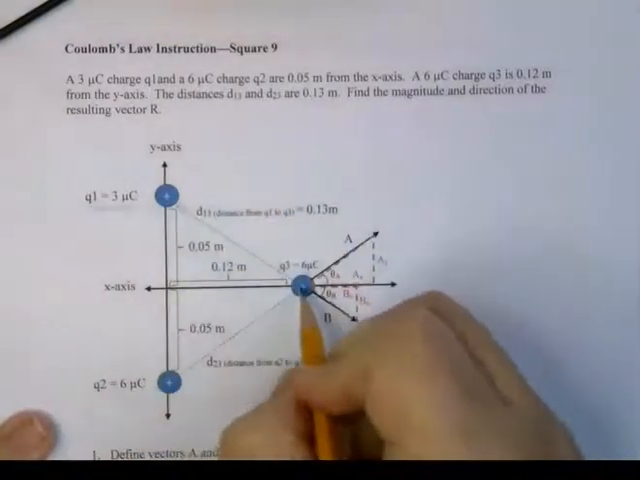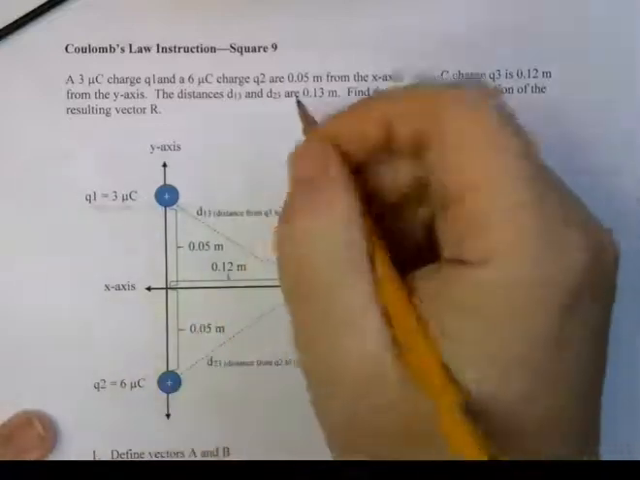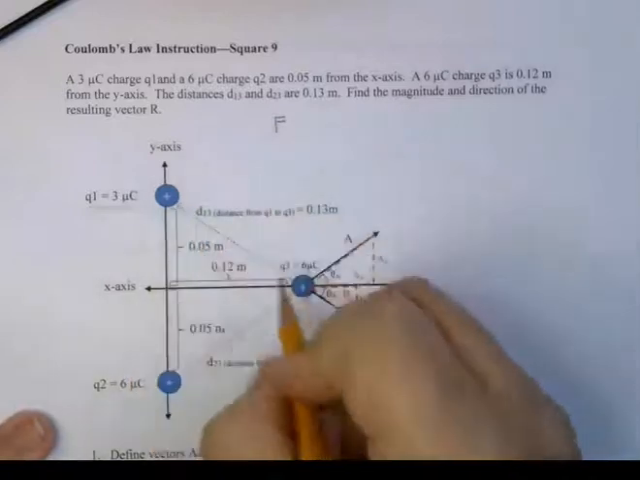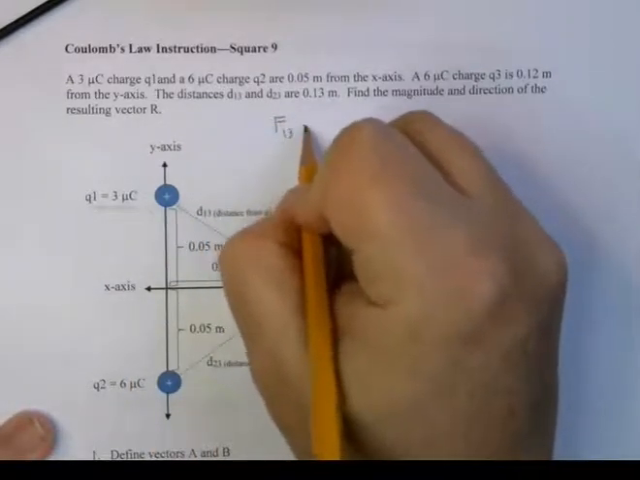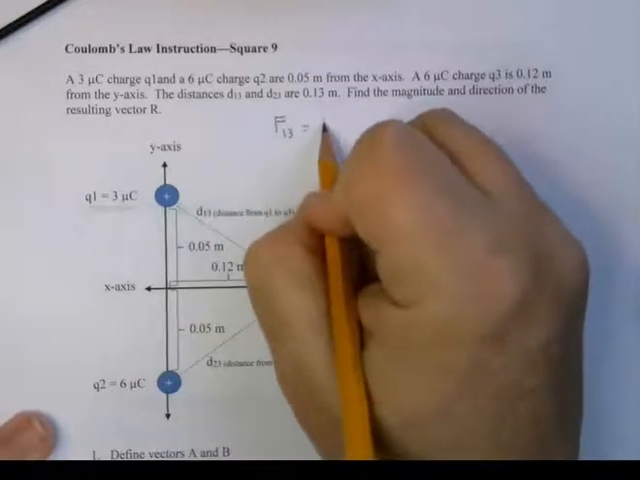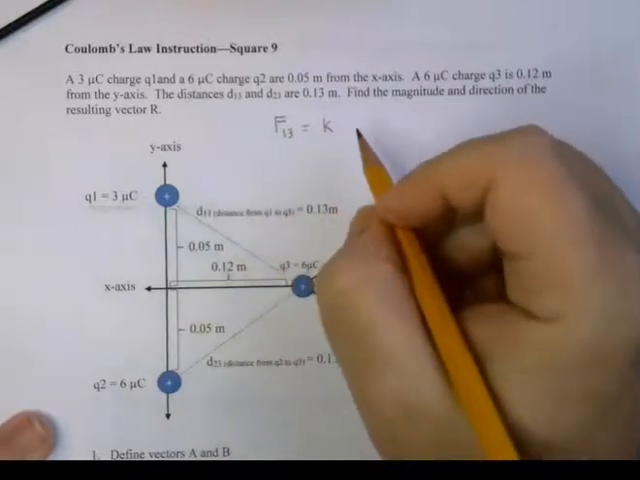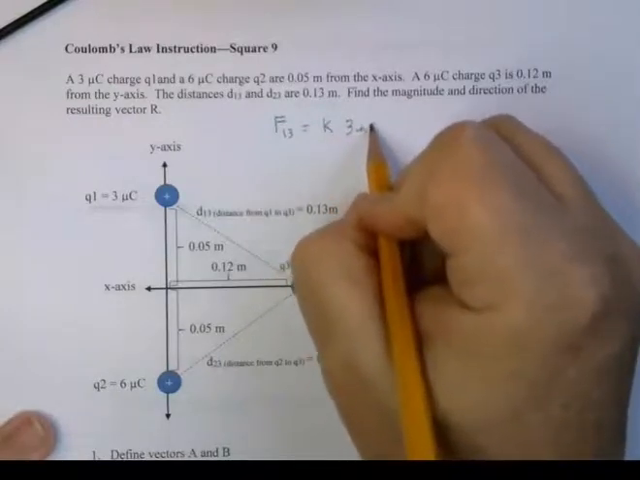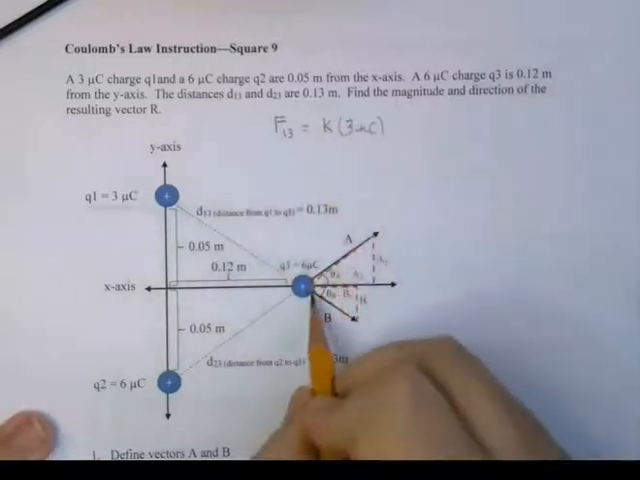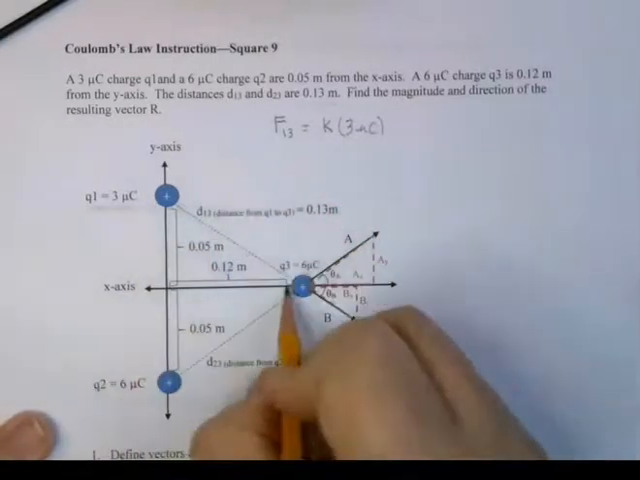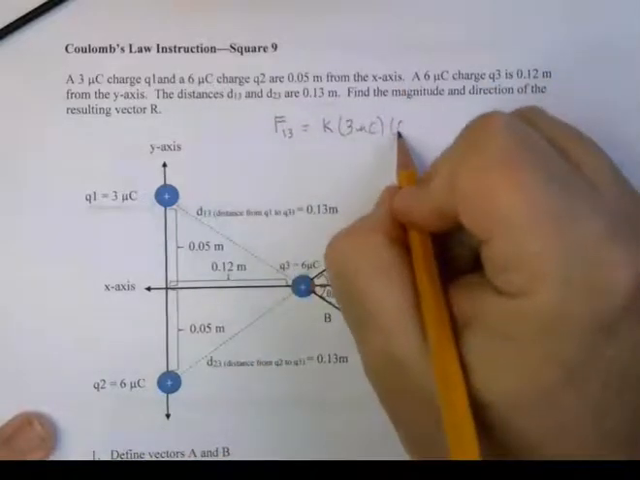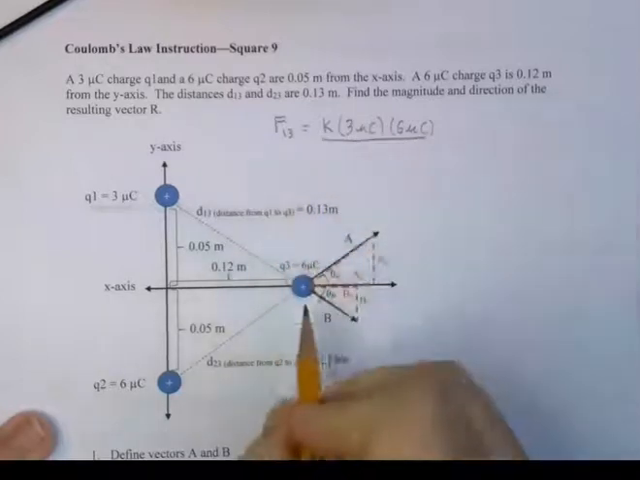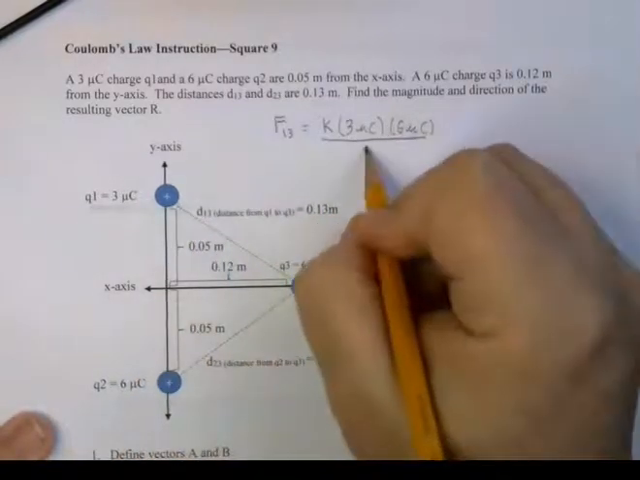Let's write a Coulomb's law, just a general Coulomb's law without all the numbers, well, we can do it with the numbers. Let's do that. So force between 1 and 3, that's F13, equals K. And I'll just write it K for right now. The charge 1 is 3 microcoulombs. And charge Q3, that's the other charge, we're only interested in these two charges right now, is 6 microcoulombs. And the distance between these two is 0.13